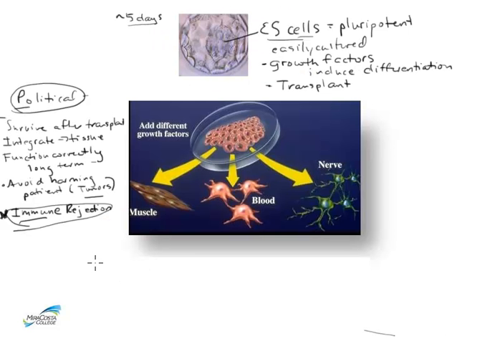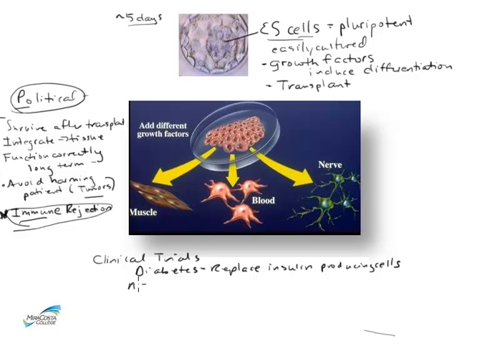So even though this method holds promise, we're still a long way from being able to use that in the clinical setting. Because embryonic stem cells have been the subject of research for a much longer period of time, they're actually much closer to being used as a potential therapeutic than induced pluripotent stem cells. In fact, there are clinical trials already underway for embryonic stem cells for treating various diseases, things like diabetes, to replace the cells that produce insulin that are lost in diabetic patients,